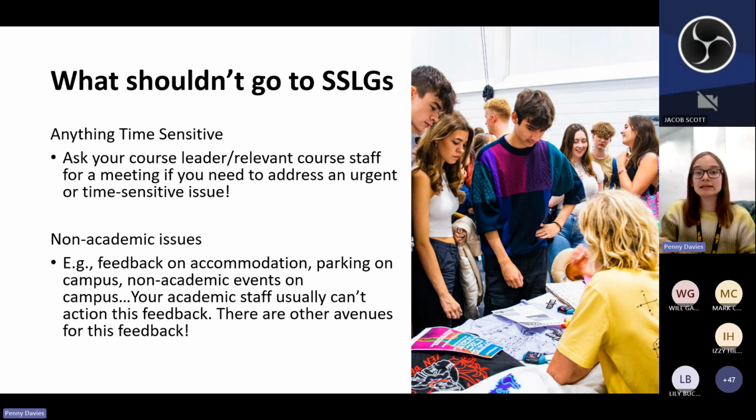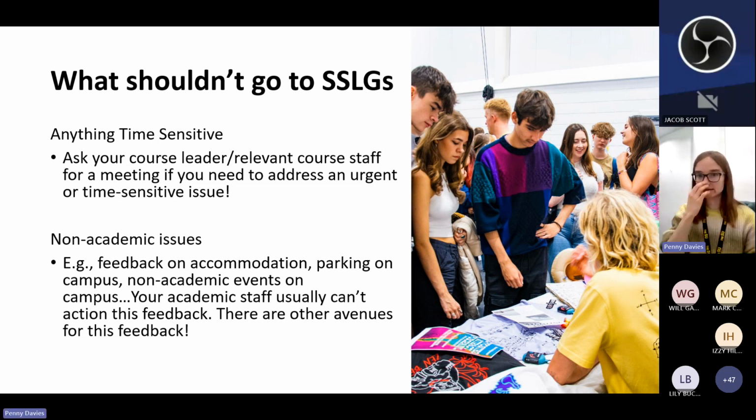So you can take that directly to a one-to-one meeting with your course leader. Equally, if it's just a really easy piece of feedback that you could solve, for instance, maybe it's a timetabling thing, you'd like your lectures to be in a different room where possible, talk to your lecturers about it, see if they can work with timetabling to change the room of a lecture, for instance. Some things are just easier to solve outside of SSOGs.